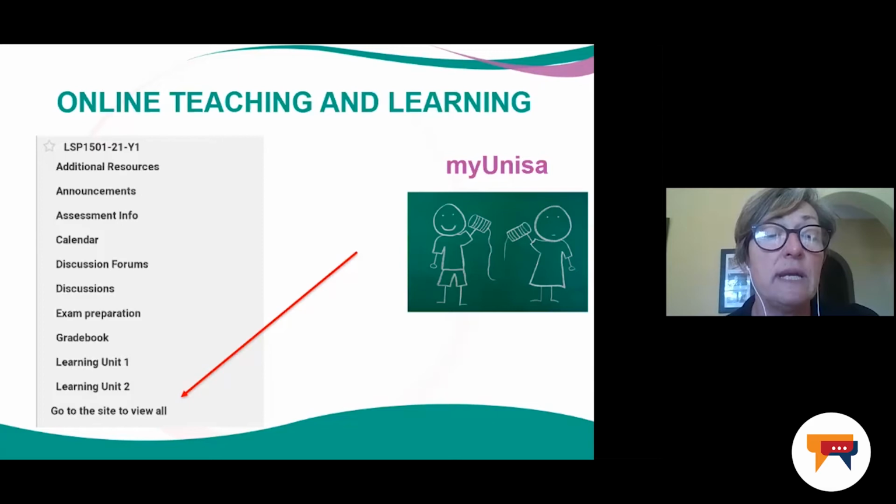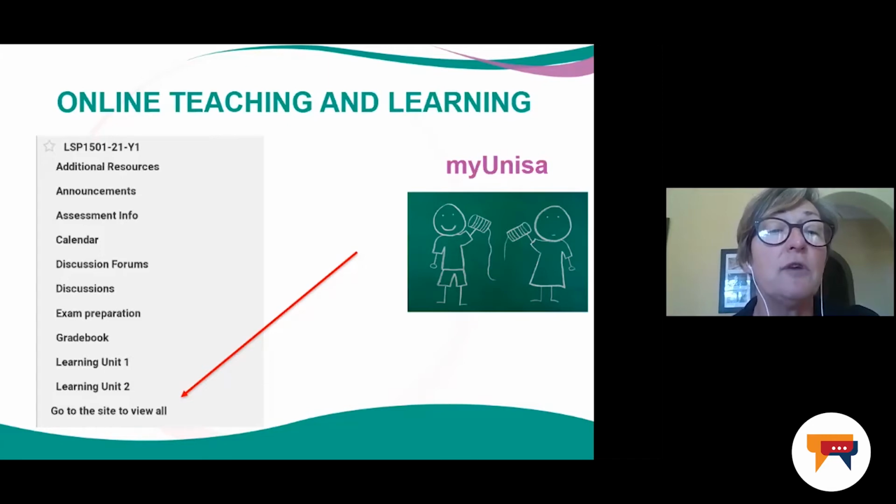Just one note, I've already received some emails from students saying when they go to MyUnisa and they click on the module, they don't find the official study material, because these will also no longer be mailed to you. You will have to download that from UNISA. So students say they click on the module site, but they don't see the official study material tool. This is what they see. But what they don't realize is they have clicked on the arrow next to the module name, and what opens up for them is just a snapshot of the tools. It's just a limited or suppressed menu option.